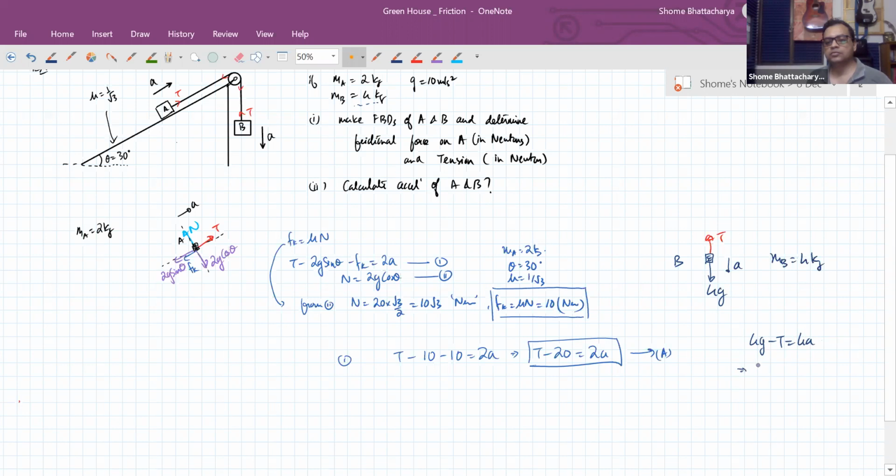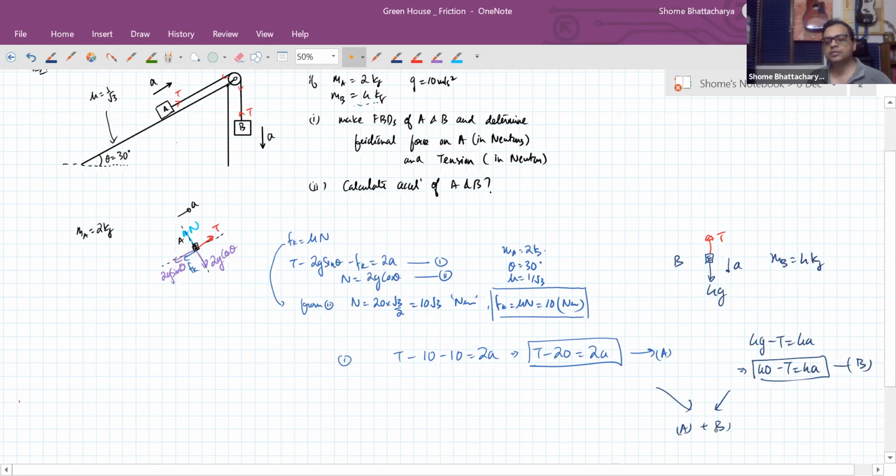So this will become 40 minus T is equal to 4a. This is the equation that we are getting for B. Now just add these two equations and you will get your answer. Do equation A plus equation B. So what will it be? 40 minus 20 is equal to 2 plus 4a. So 20 by 6. So the acceleration will come out to be 10 by 3, or